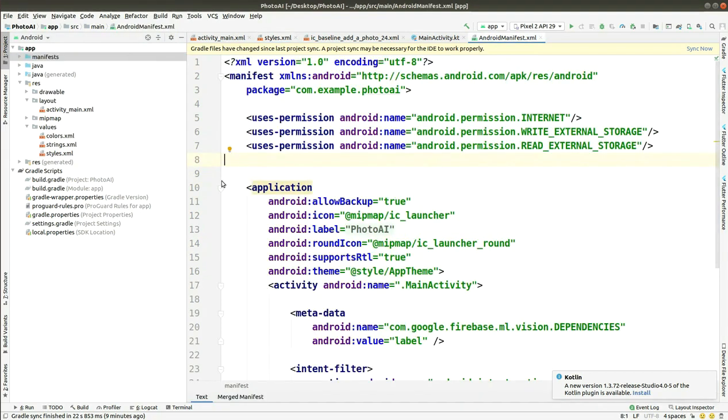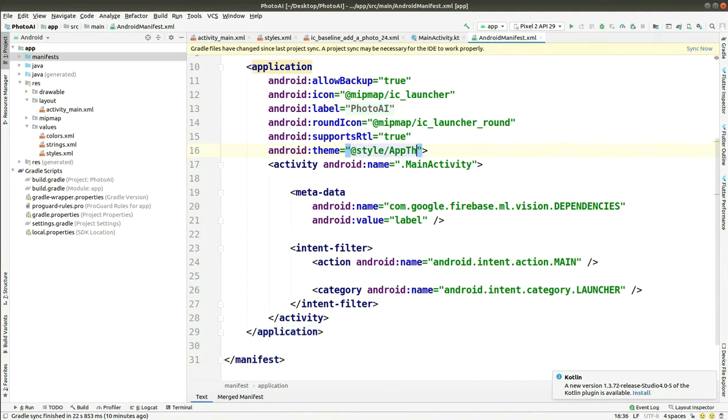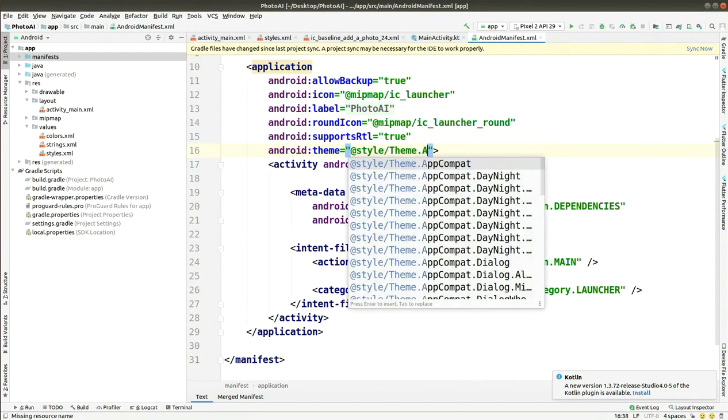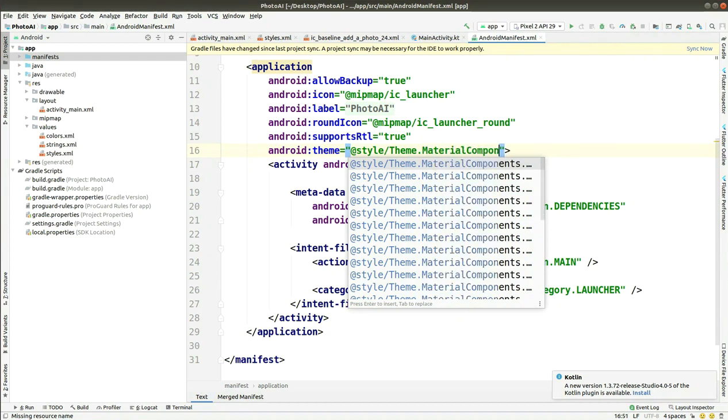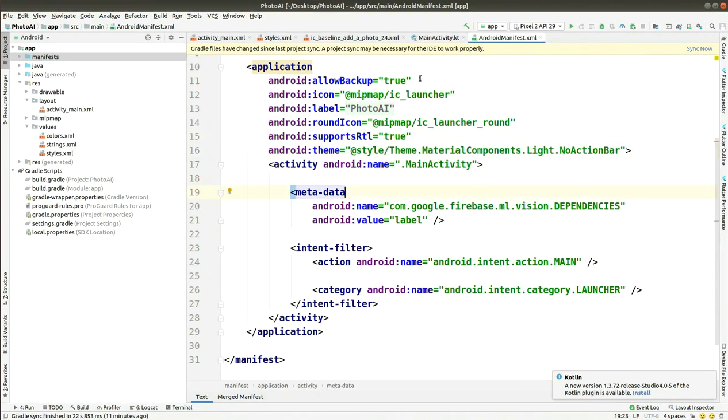Also here you have to make a change in the Android theme, and in the Android theme just backspace and choose the theme from the material components which is present in the Google material library that we have implemented, and go for the material components. Then choose Light dot NoActionBar. So it's okay, everything is good.